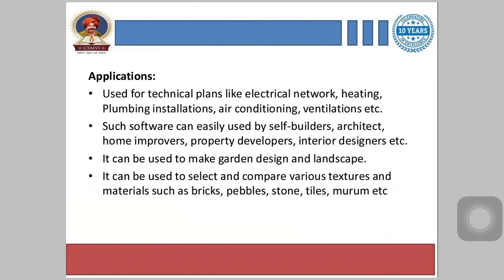So all of these use this software, and it is also used to create the structure of your home such as foundation, walls, carpentry, roofing and more.